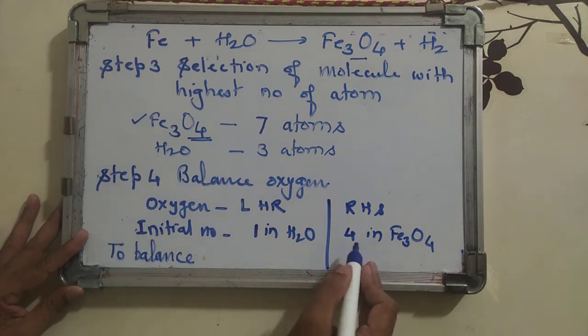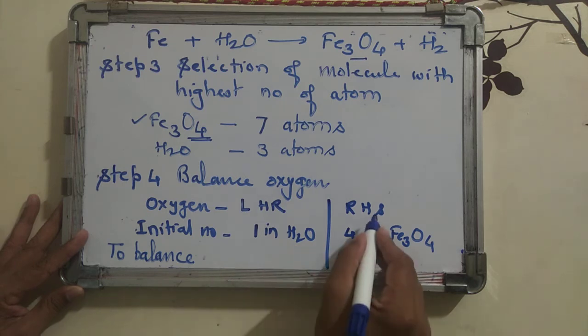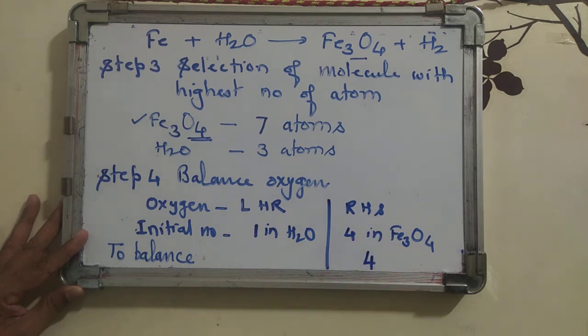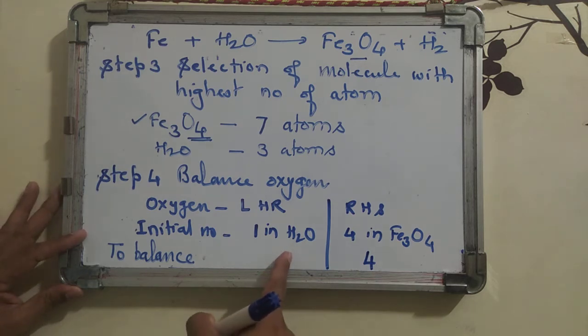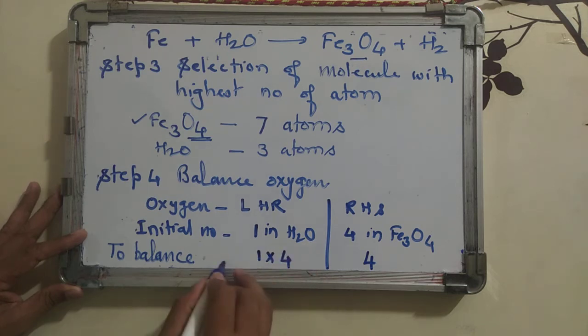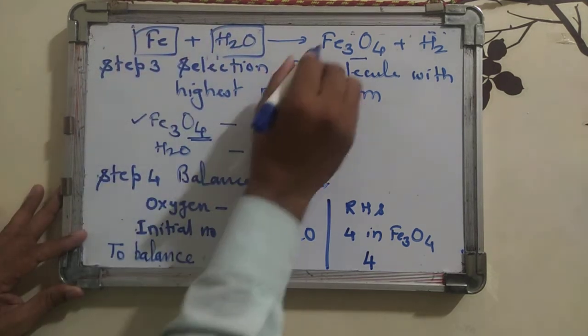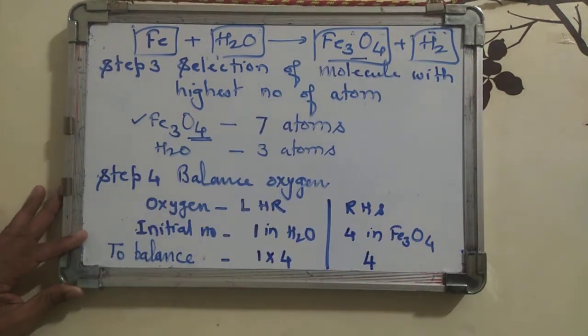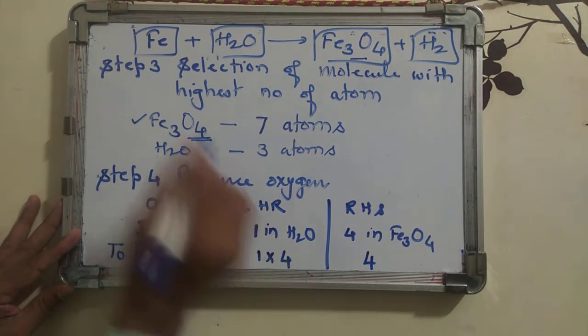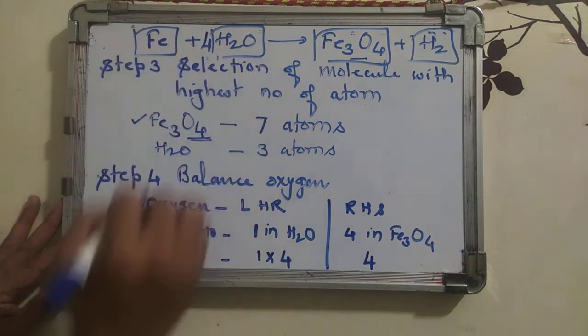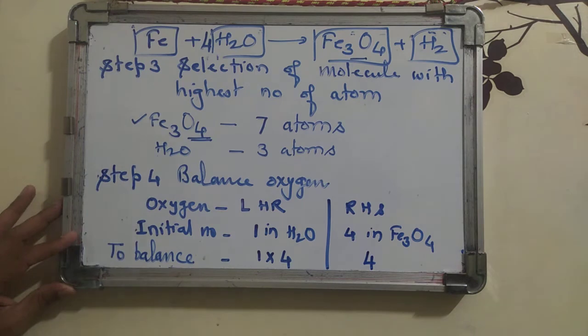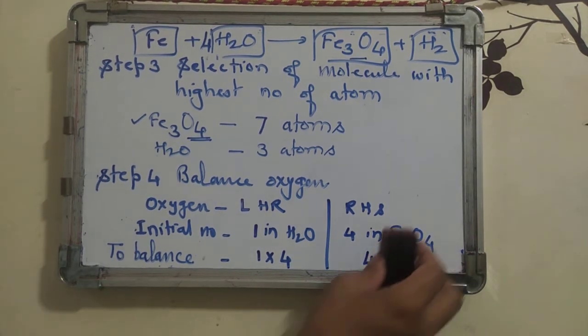For balancing, we need 4 atoms of oxygen on this side also. Here you write down 4, the highest number on the right hand side, and now here we need to have 4 oxygen atoms. That's why this 1 will be multiplied to become 4. Once you get this, you write the new reaction this way: Fe, in its box, and all of them are in boxes. Now you have to multiply. This is the coefficient. Here you need to put 4H2O. This reaction is called a partially balanced reaction.